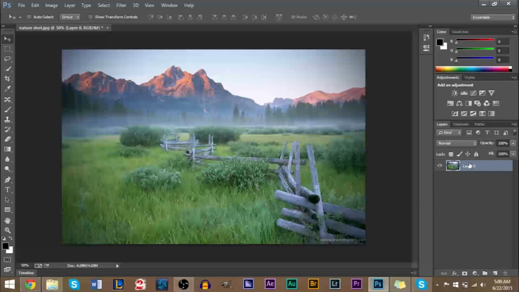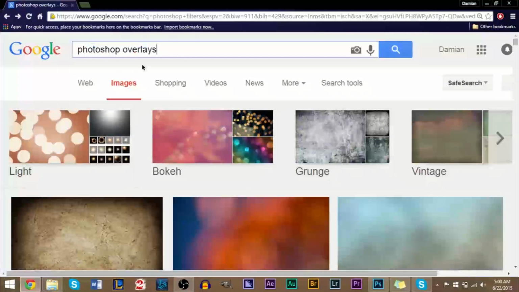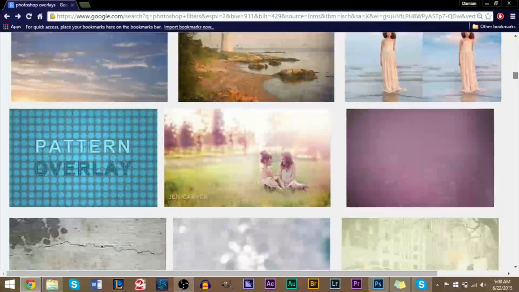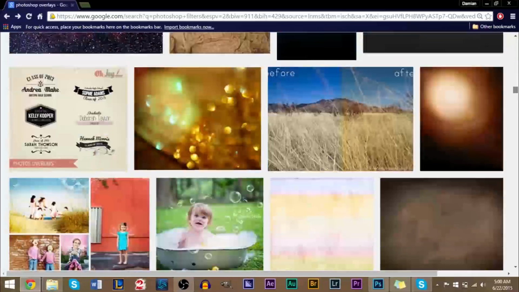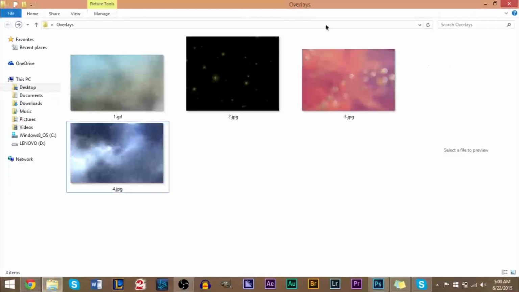Now another great tool to use is finding custom overlays on Google. If you go on Google and just type in Photoshop overlays, you'll get many different overlays here, and a lot of these look really good. The purpose of getting these overlays is to basically produce a similar effect to the photo filters that Photoshop has already. Compared to just base colors, you can actually add overlays such as these here